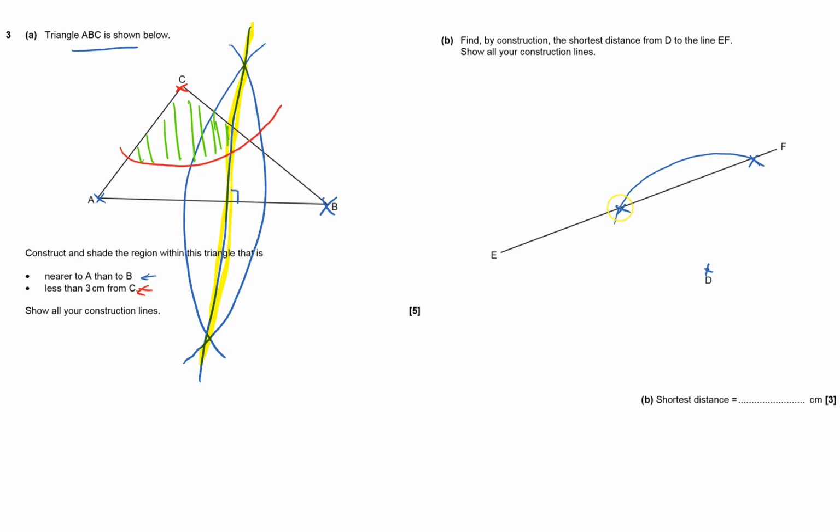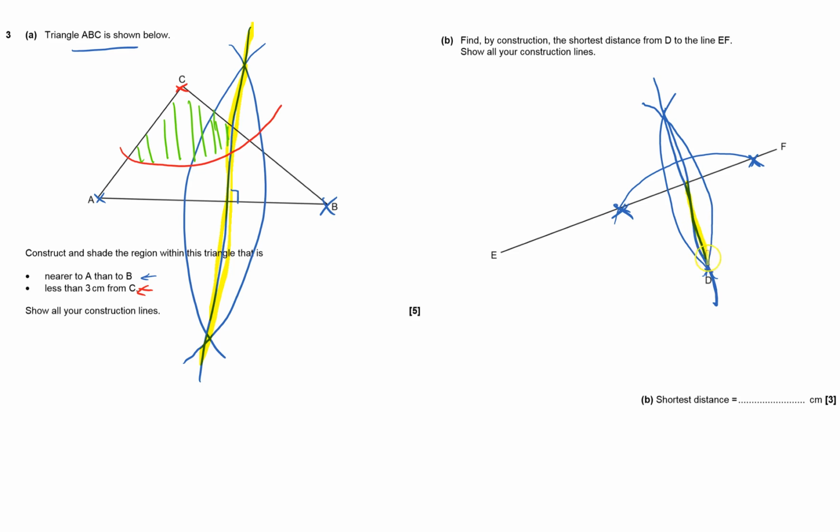I don't change the compass point because that means when it comes back, if I put the point on this one now, it should go through D, and I put it on there, and that will draw an arc there, and then put it onto F and draw an arc there, and now we've got this perpendicular bisector which goes through here. It's not very well drawn, should use a ruler,